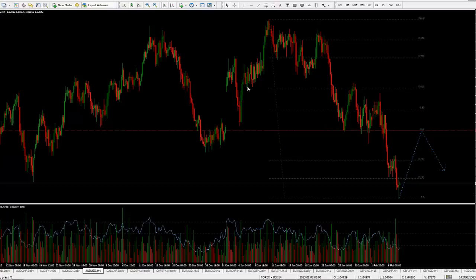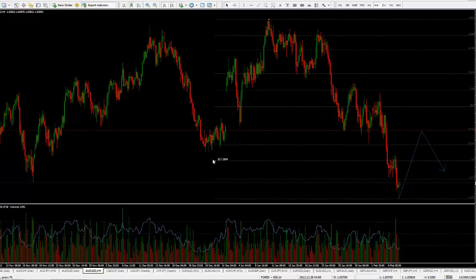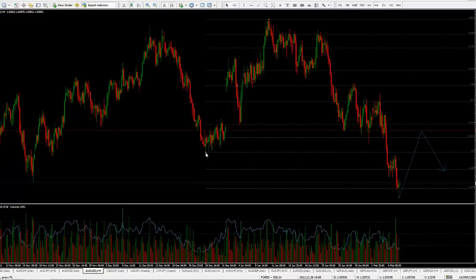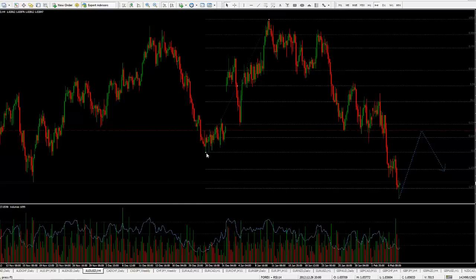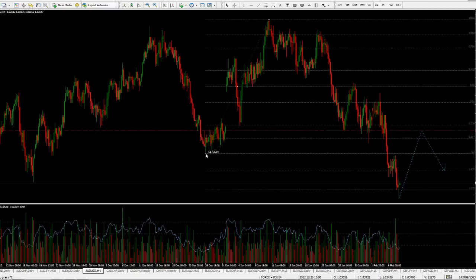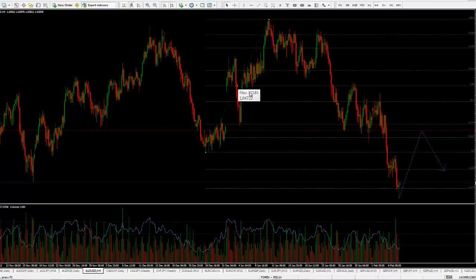I'm looking at this potential. This could be a shark, could be a crab, could be a butterfly. When you look at the expansion right here, it goes by way of potential. Let's see, this could be a crab. This could be a shark as well. But regardless, I don't want to define any specific pattern here, because I know that some traders are pretty dead set that this would be one pattern over another, and